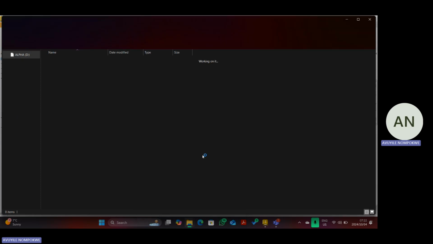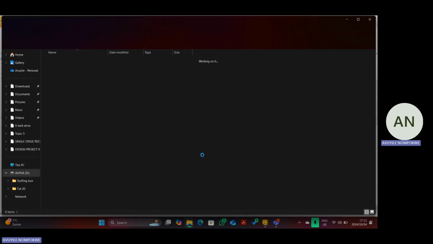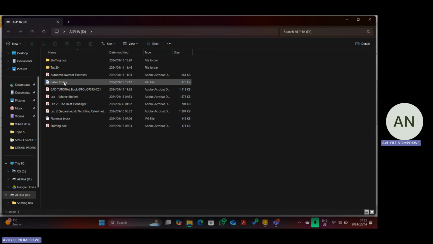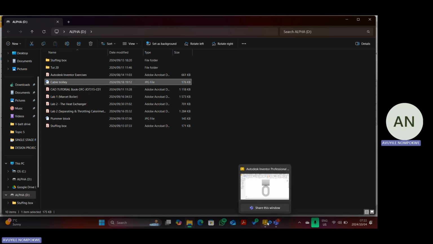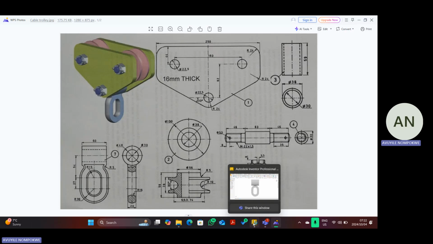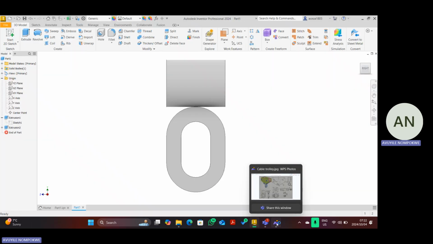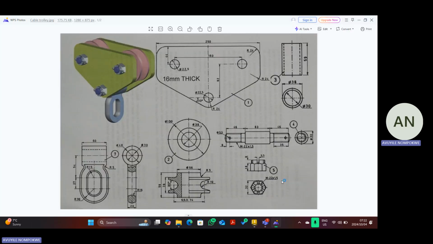It's taking a bit longer here to load. Cable trolley there. Okay, it's taking long, but let's continue. Okay, there it's open. All right, so